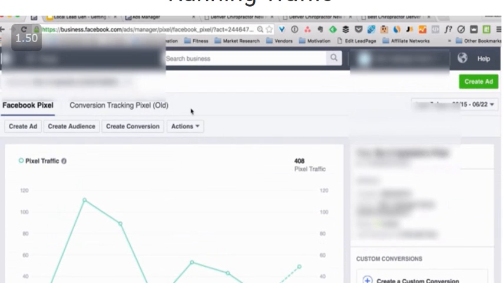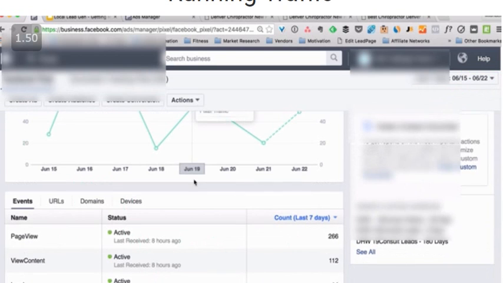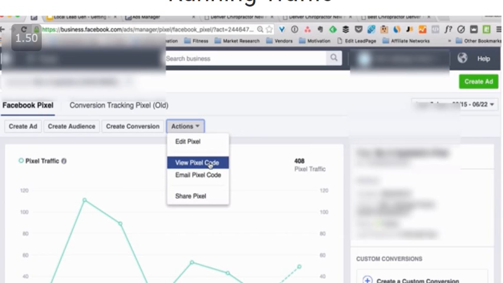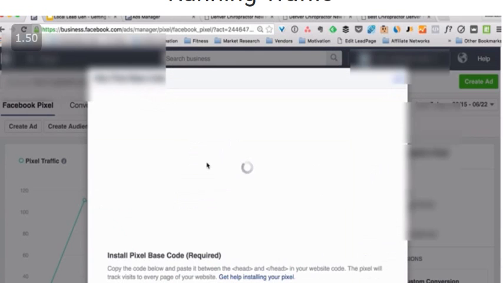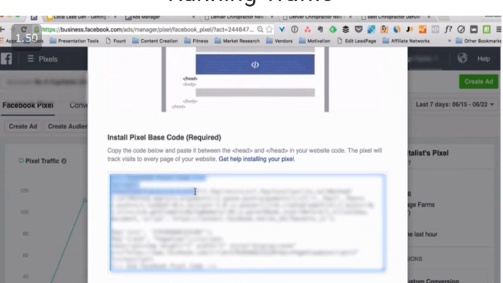But this comes from your pixel. Right? This comes from your pixel. And your pixel is really the source of information that is going to be fed back into the Facebook ad engine. So where you get this pixel is right here, the view pixel code. Okay, and then you're just going to grab your base pixel. This is your base pixel, and that's going to go on every page of the website that